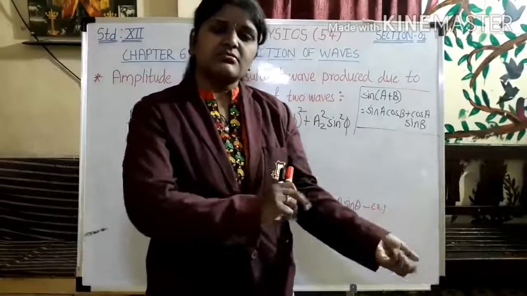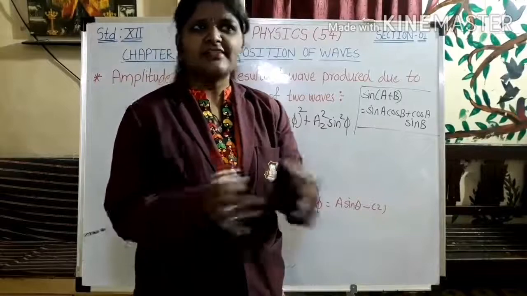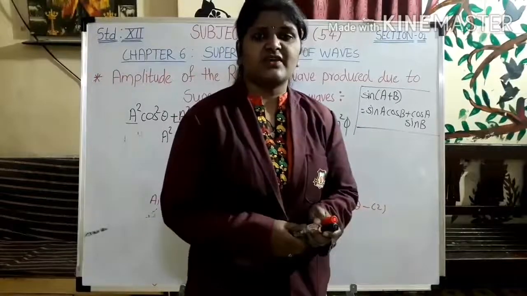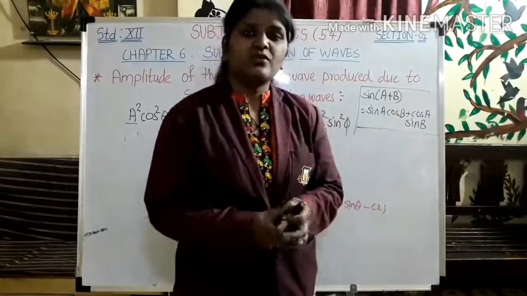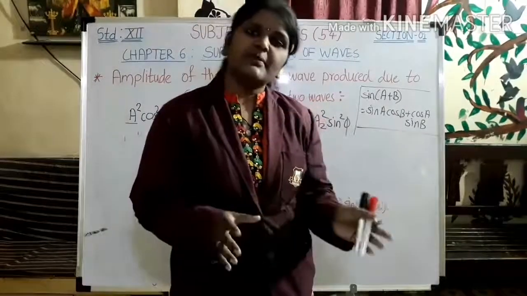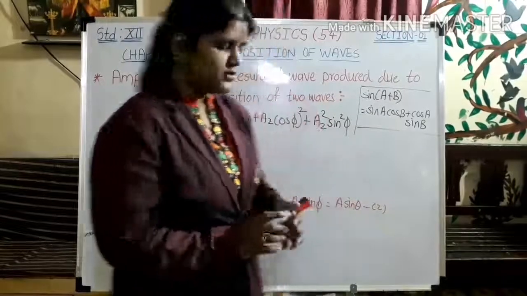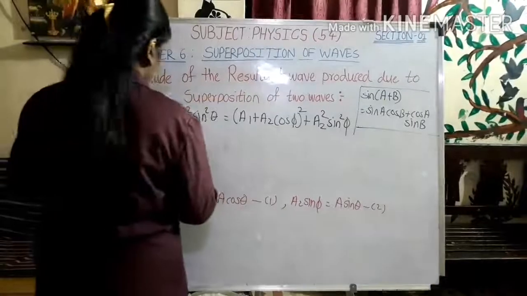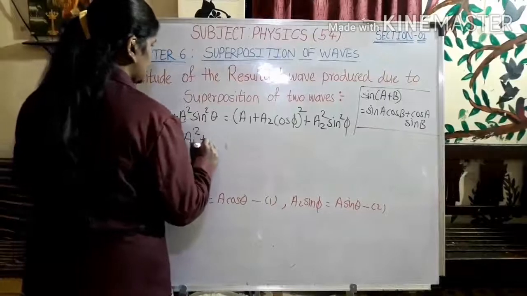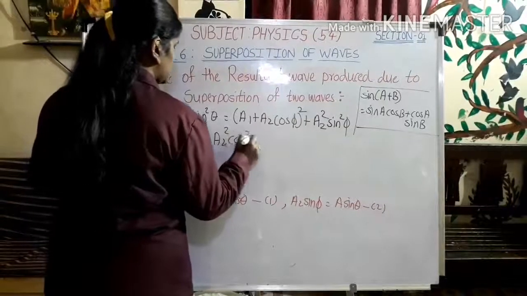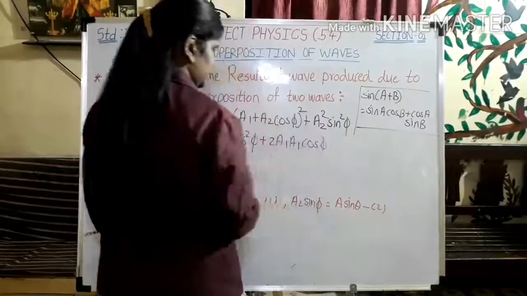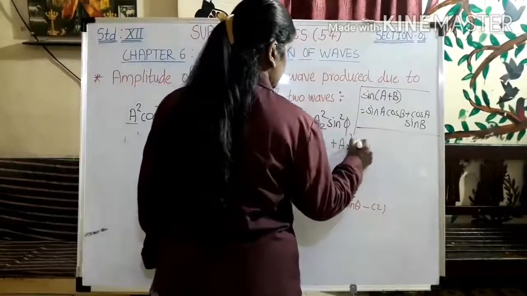Some things are different because we are here considering what? We are considering a wave which is traveling forward, which is a progressive wave. So some kind of difference is there, but the same procedure has to be applied. Okay, so you can compare and even do it on your own. Okay, so let's see here. a plus b whole square will be a square plus b square plus twice ab, right, plus this term.